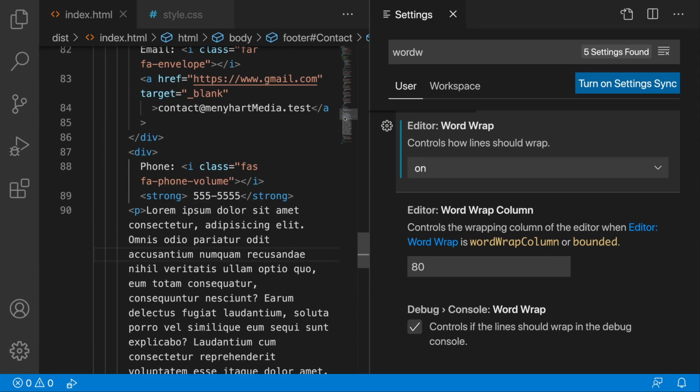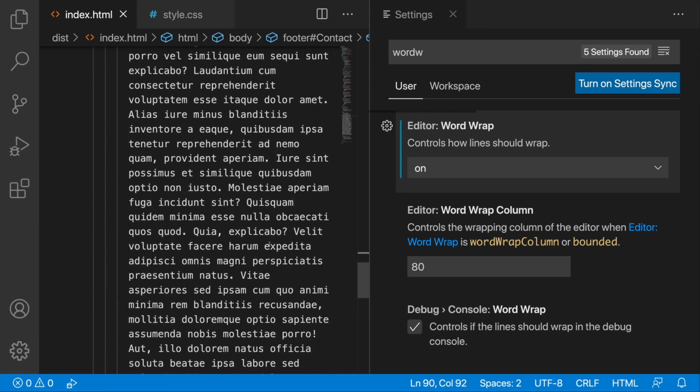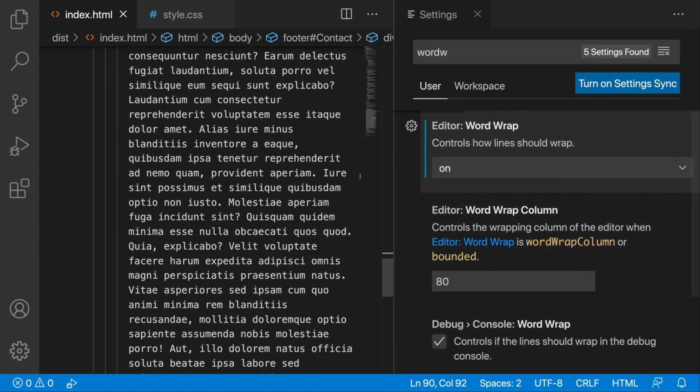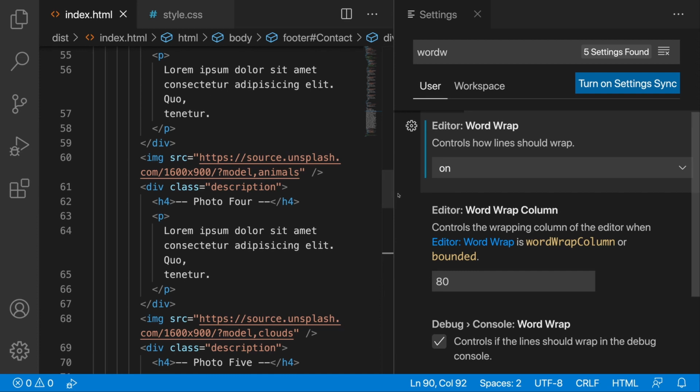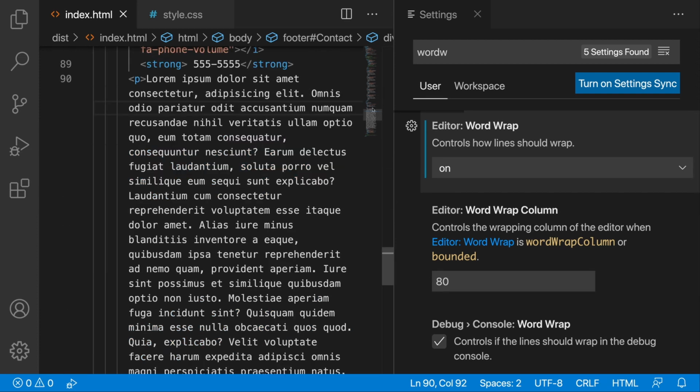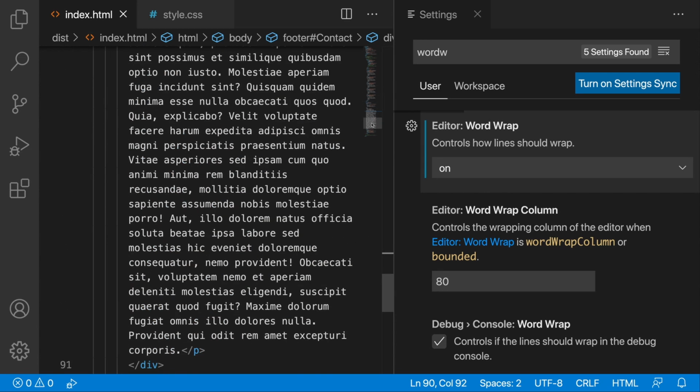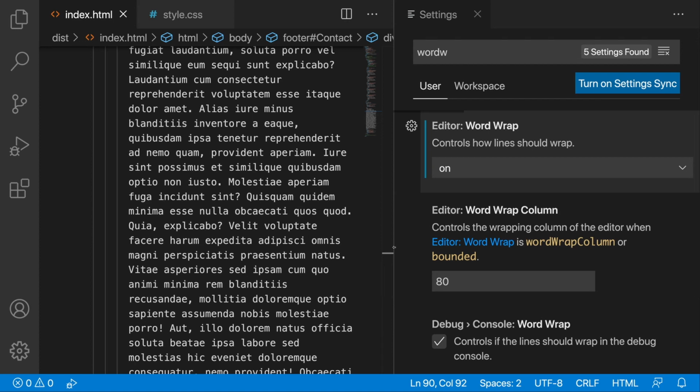Now this will not change how your code looks, or for example, if I had text within here, actually this is text, how this will look in your web page. This only changes how this looks in your editor. I can actually show you this right here. If I would stretch this to the side, so let me go to, hey, this is why the minimap is so cool. So navigate the minimap back to my lorem ipsum,